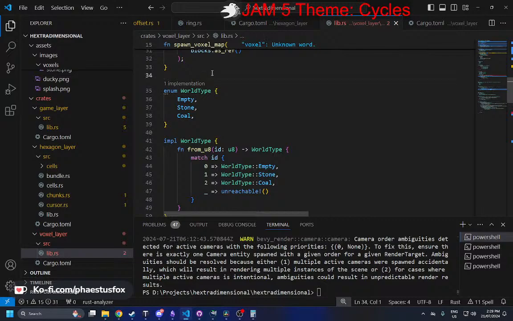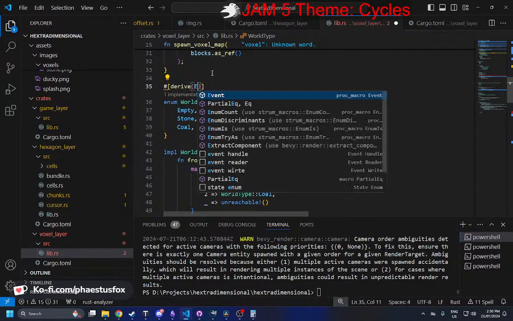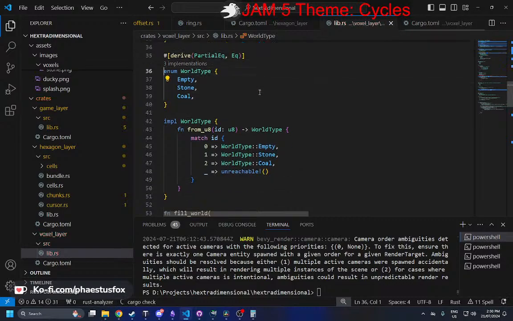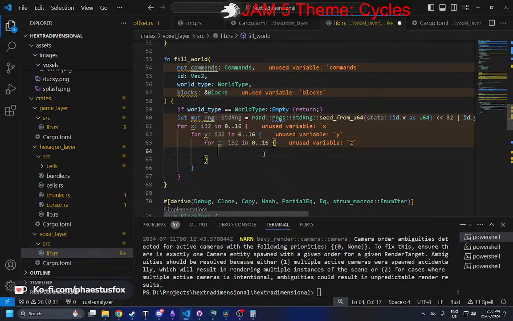So you need PartialEq. The derive PartialEq is, so if it's that, it's empty, and then